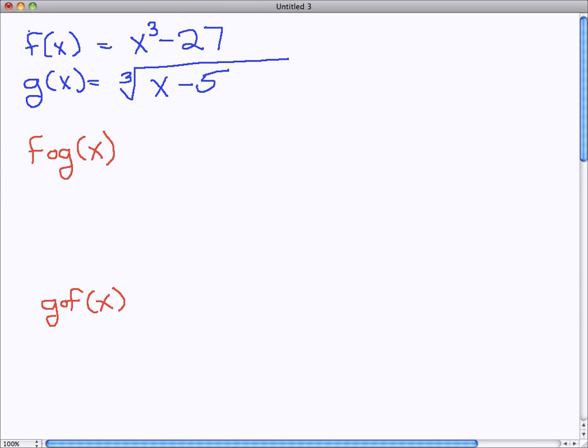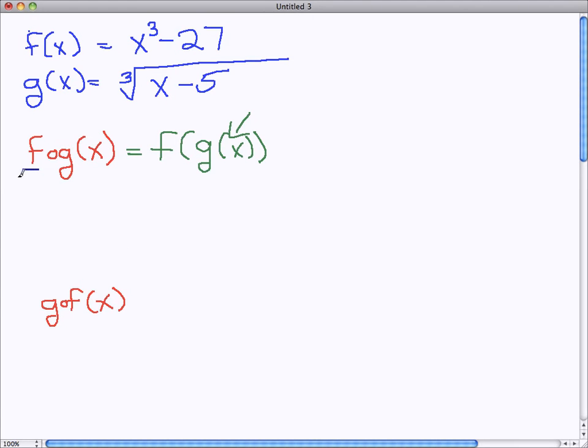So what we're going to look at first is a composition called f of g of x. And what it literally means is take the function f and fill the entire g of x in where you see the x. So we're going to take the entire g of x function and fill it in where we see the x